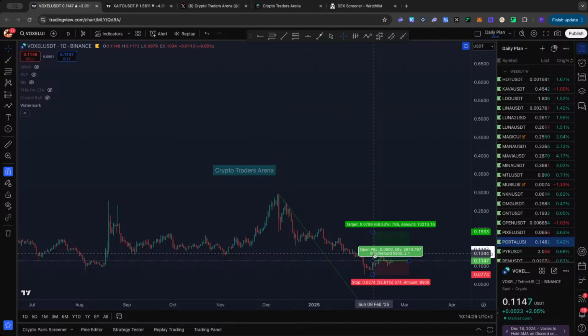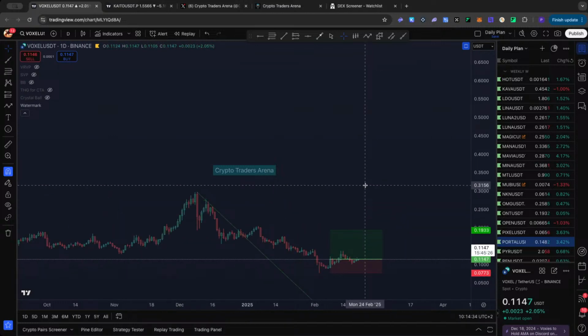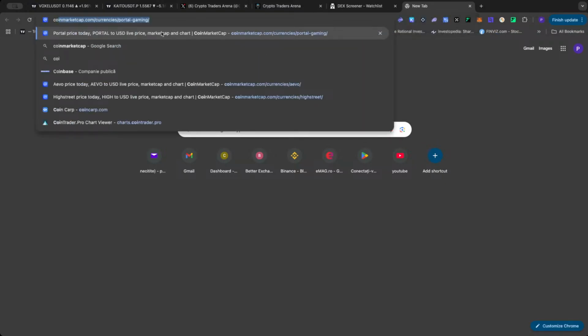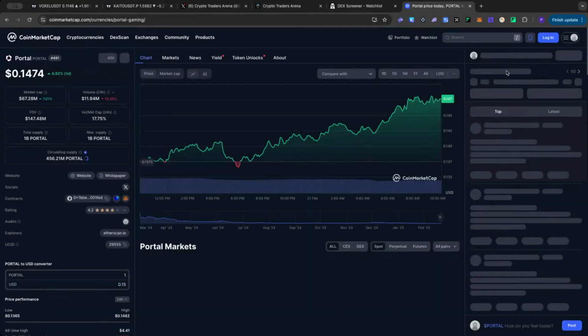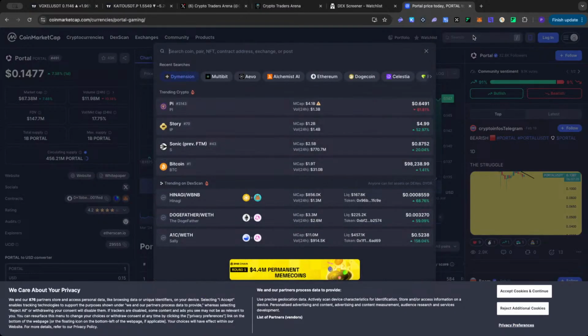So that's the idea. I could see a setup here. I don't know how it's looking fundamentally. I need to go on CoinMarketCap and find out and see the coins, the market cap, the price. Let's do that. Just a brief one. I don't like to do fundamentals in the live streams, but